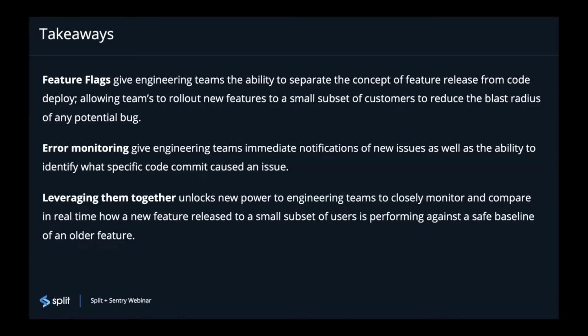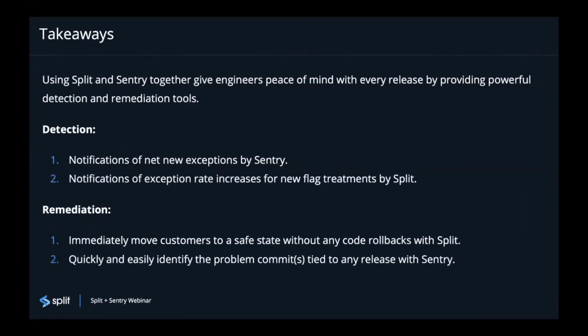Thanks, Kevin. I think we have this other slide here as well. Yeah, I think the last piece to touch on there, and what we saw today specifically within Split and Sentry, is really focused on detection and remediation. So Sentry, for those of you that already use it, obviously has those great capabilities to notify you of any net new exceptions coming across. And then Split gives you that extra capability to understand if there are exception rate increases for any new flag treatments, right? So again, for that 5% versus that 95% when you're thinking about that new versus old variant of